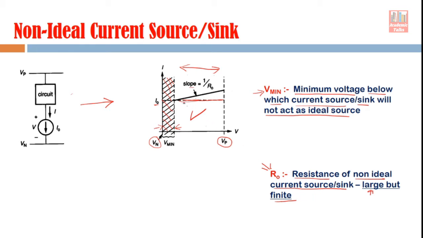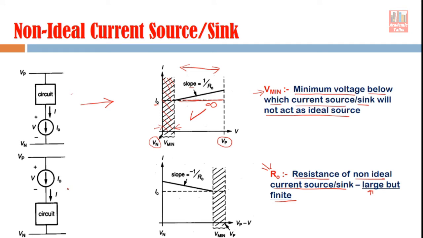How large it is, that is indicated by the slope. If it is a flat curve, it means it is infinite. So in this case it is infinite, but here in this dark portion, you see this dark curve, it is not infinite. Of course it is very large, but not infinite. These characteristics which are shown here are for the current sink arrangement. If we have this kind of current source arrangement, for that also the characteristics will have the same parameters.